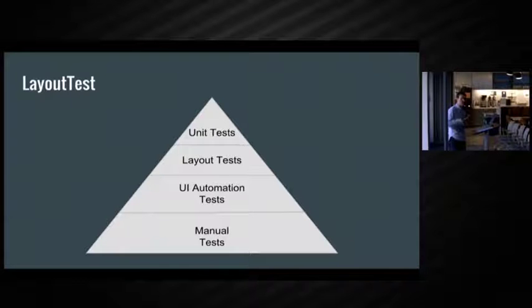But layout tests do something which is traditionally difficult to do with unit tests, and that's to test actual UI. Layout tests are still much, much easier to write than automation tests. First of all, they don't use as much state because they don't actually run the application. They don't require the whole application to be running. This makes them much more stable. We have over 100 layout tests right now in our application, and they test about 30,000 views.